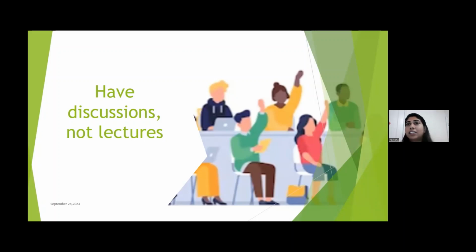So having discussions and learning from each other will help keep the class engaged. So yeah, try the interactive dynamic of discussions that can help students learn and even motivate them to complete their homework or even be prepared for the class. So focus on having discussions. Give them an opportunity to share their perspective.